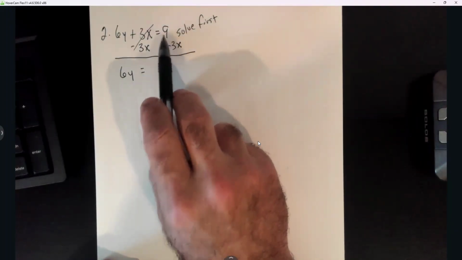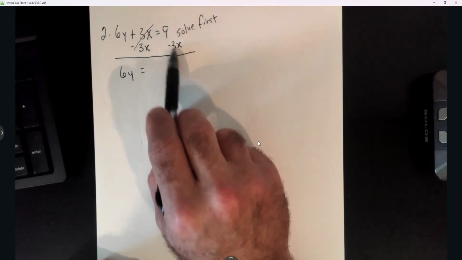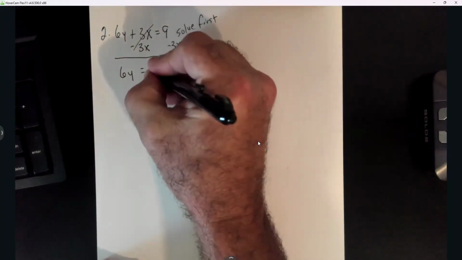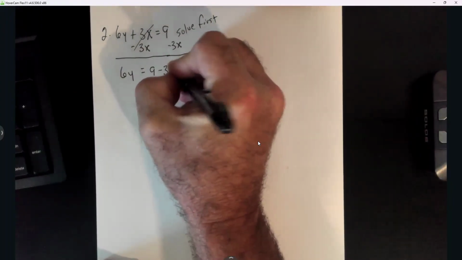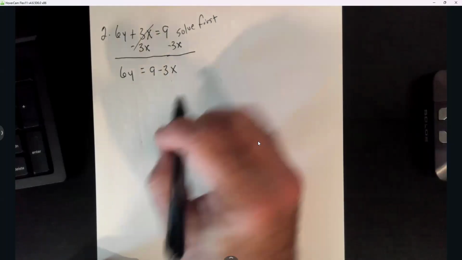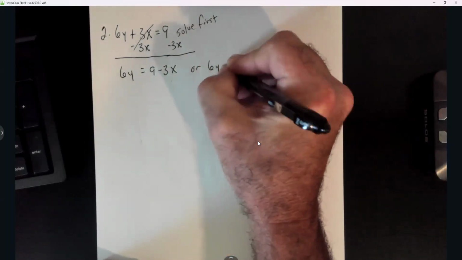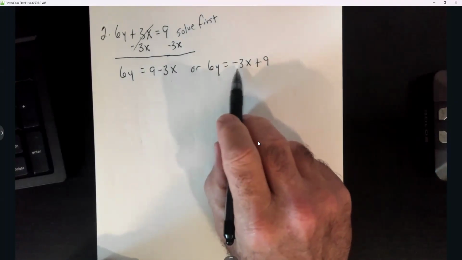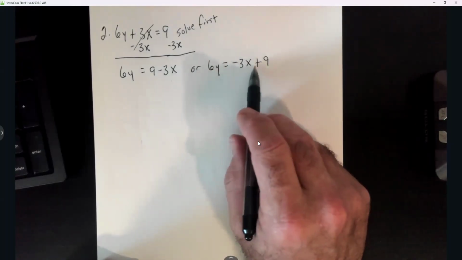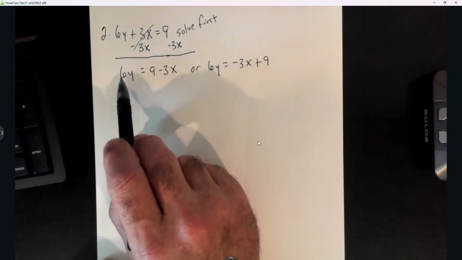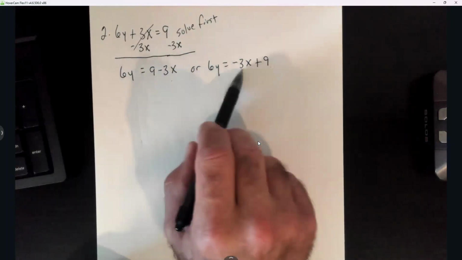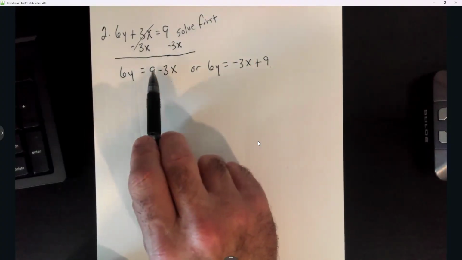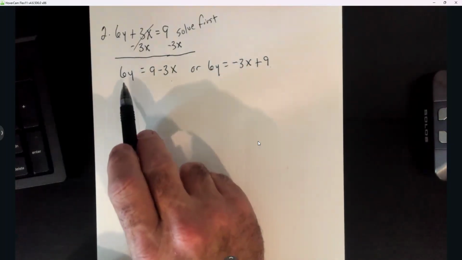Now, the right side, you got a number and an x. These are not like terms. I cannot add a number to a variable, okay? So you can write that like this: 9 minus 3x. Or you could write 6y equals negative 3x plus 9. This is the way that looks like the y equals mx plus b form. But y'all, really, you can do it either way. Okay? It don't matter. As long as the x's are negative and the 9 is positive, okay? So to finish this out,